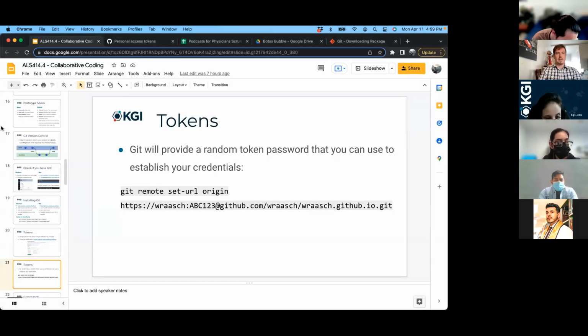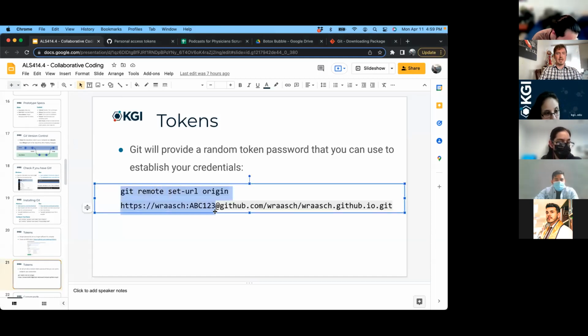now I can go back into the slides and I can set my remote as whatever the GitHub link is. Okay, so this is another thing, and we don't have to do this now, but I just want to walk through this with you right now. Until you do this, you won't be able to push and pull code into the repository. So that